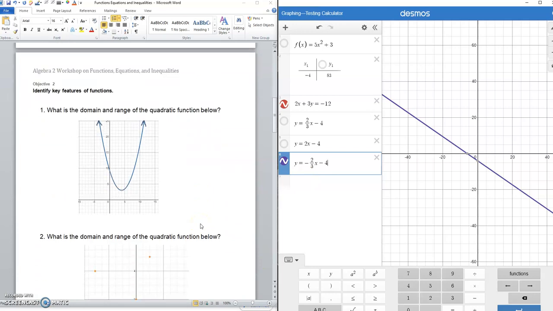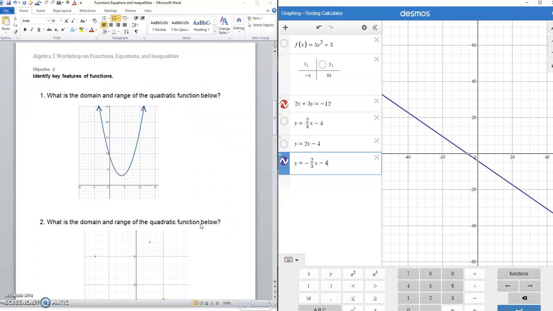So let us now go to objective number 2. Identify key features of a function. Question number 1. What is the domain and range of this quadratic function below? So let's go ahead and do this. So on here,